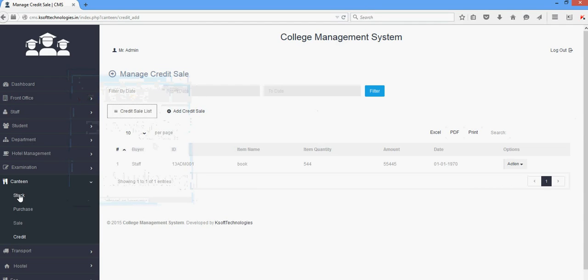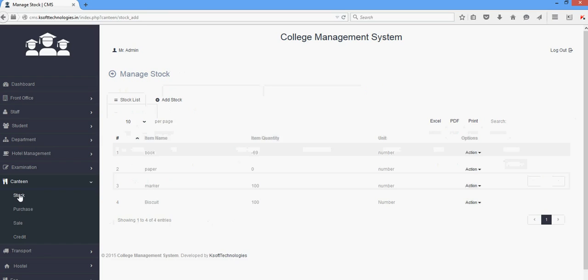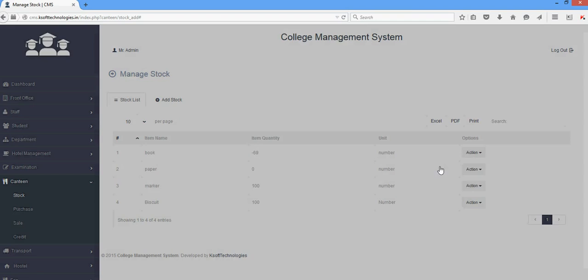Next we are going to canteen module. The canteen module really helps us to manage the entire activities in a canteen. Here we have 4 submodules: stock, purchase, sale and credit. First we are going to stock module. In stock module we manage the stock details. It includes the details of item name, item quantity, unit and the action button is included so that we can edit any of the item quantity or unit details